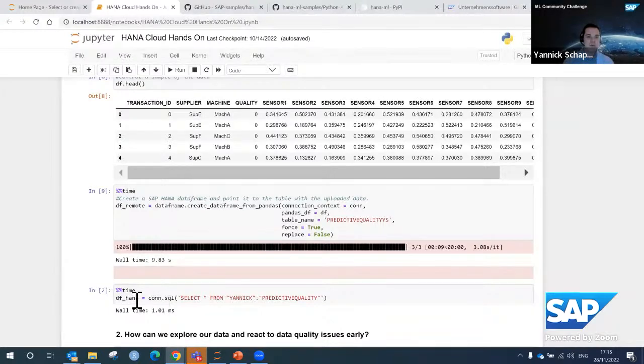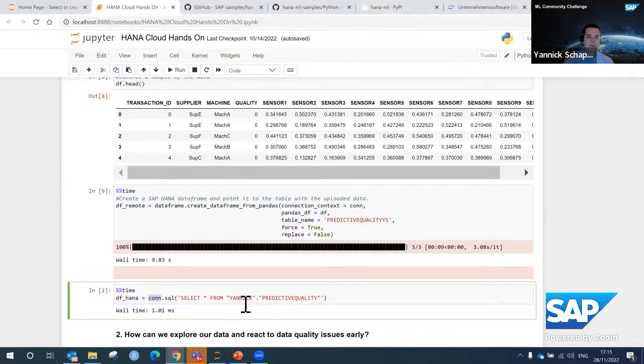And one option you see here in the script. So remember, I created this connection variable, and I now have the option to execute an SQL statement, very simple here, which just points to the data in my schema in my HANA Cloud.